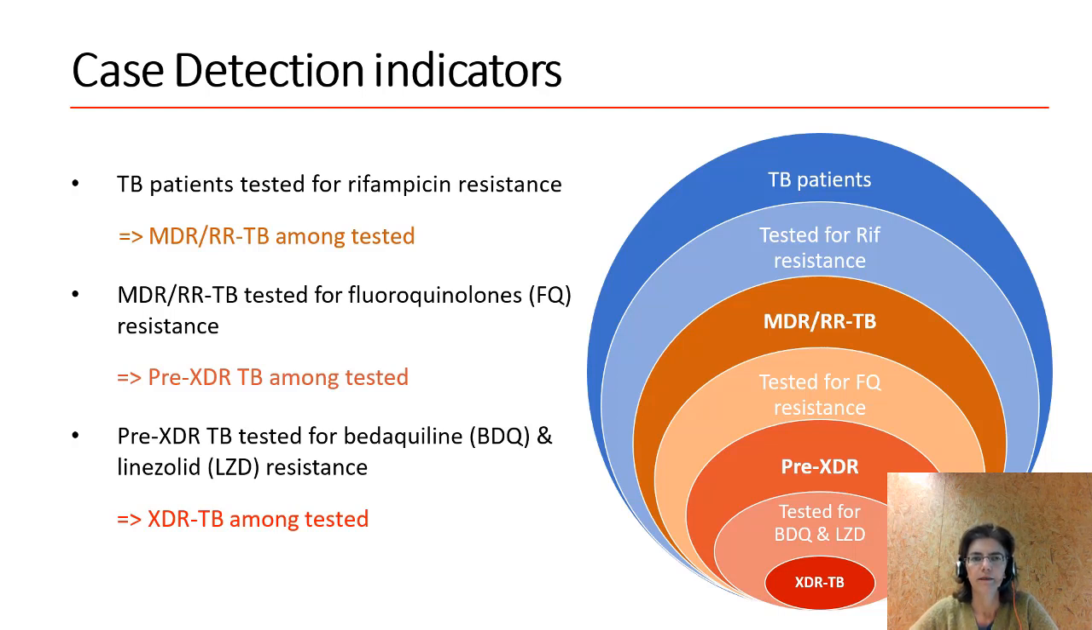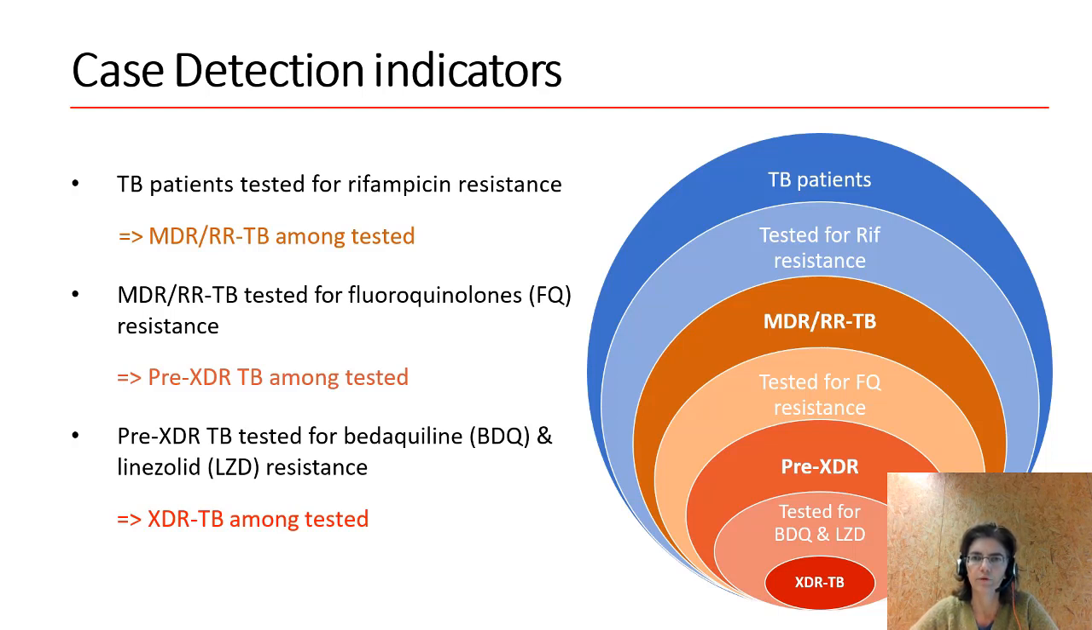Finally, the indicator on pre-XDR TB patients tested for bedaquiline and linezolid resistance will give us information on accessibility to resistance testing for these 2 drugs and allow us to calculate the proportion of XDR TB patients among those tested for these drugs. In the figure, in the graph, you can see